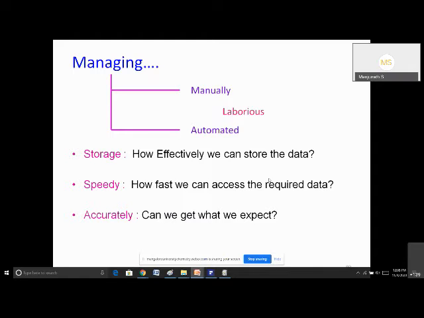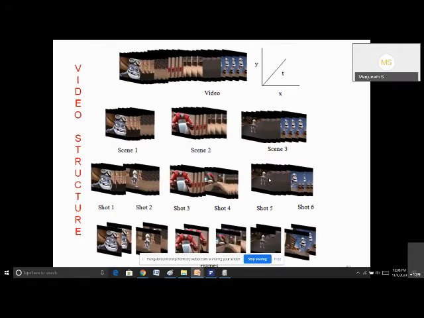How can we retrieve the data very fast and accurately is one of the challenges in video database management systems. So first, let us try to understand the structure of a video. Most of you know that video is three-dimensional data, like image is two-dimensional data, or any signal is one-dimensional data. Video is three-dimensional data where we will have x and y coordinates, the spatial coordinates